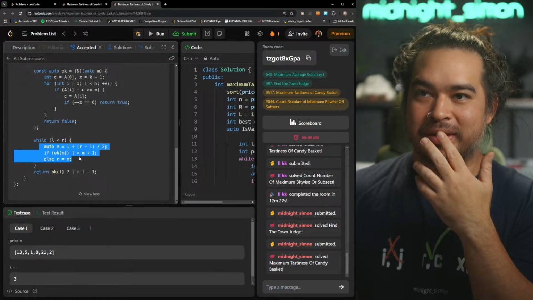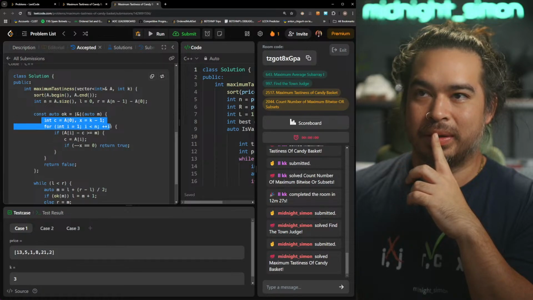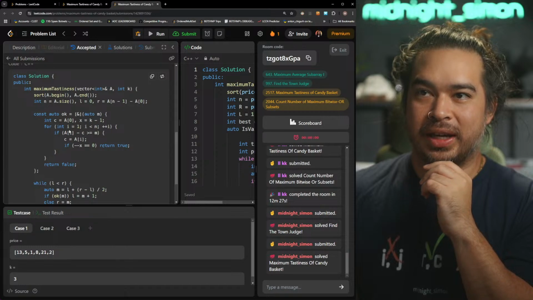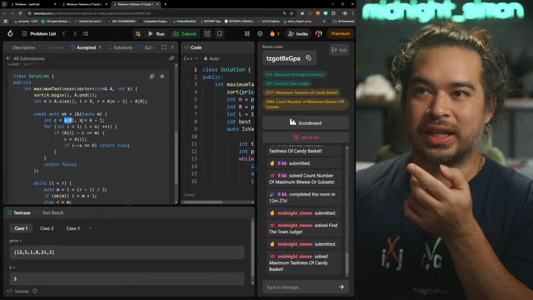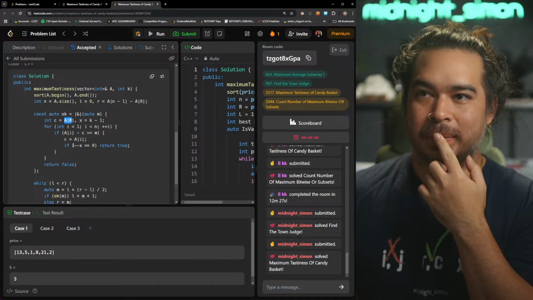Well, BetSim did binary search, but your OK was a lot different than my OK. I don't know what it's saying, but it looks like a linear. It looks the same, except, yeah, I see.